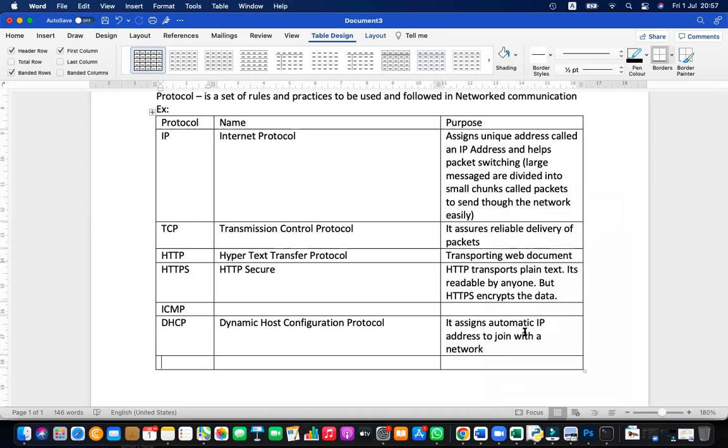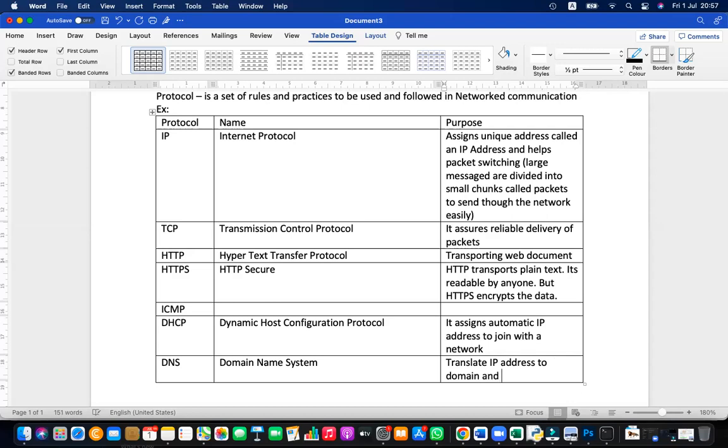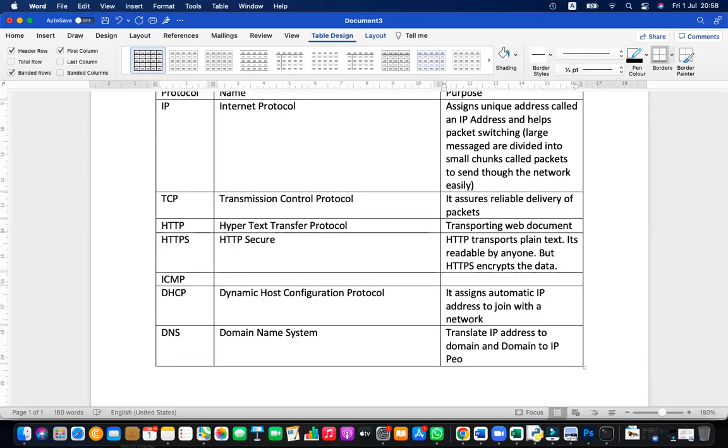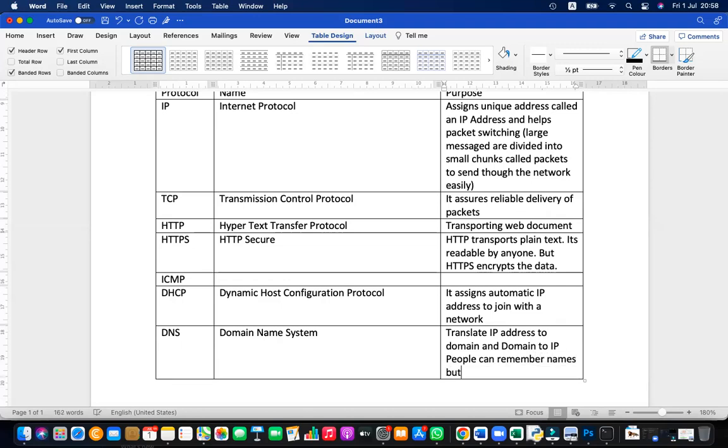And there's another one, DNS, Domain Name System. Actually, it translates IP address to domain and domain to IP address. People can remember domain names, but computers or devices work with numbers.